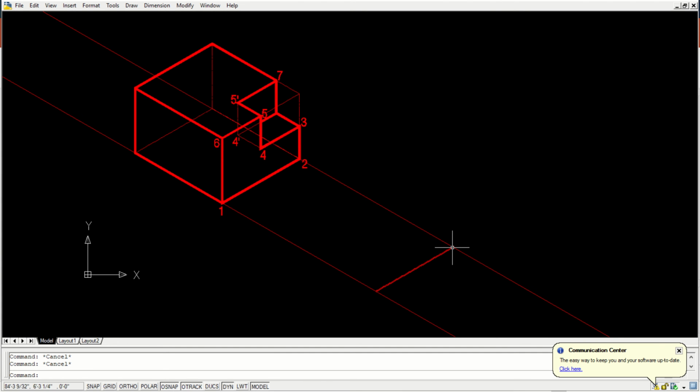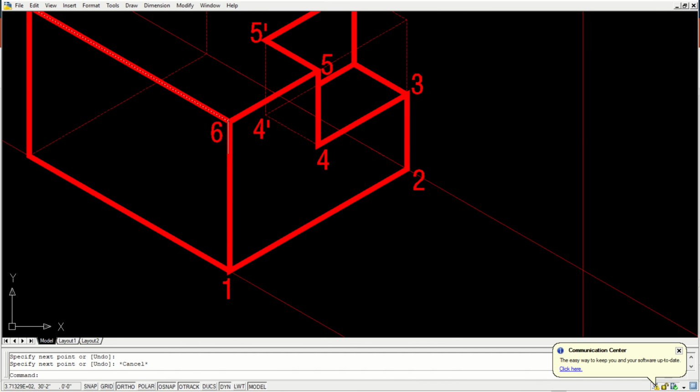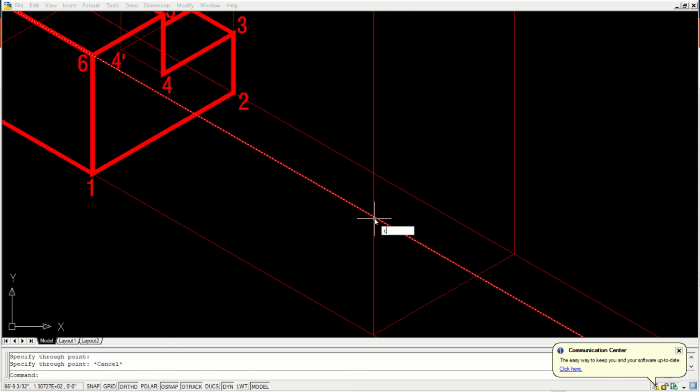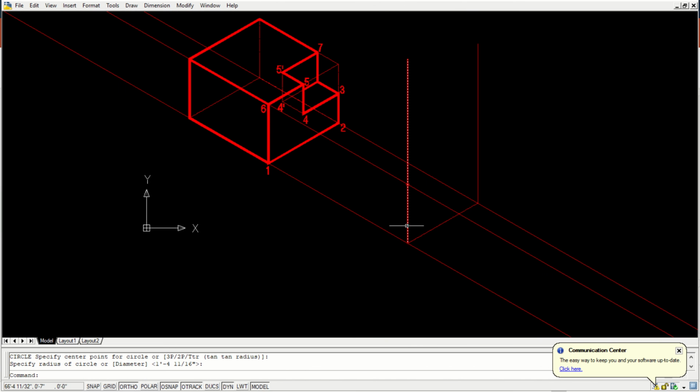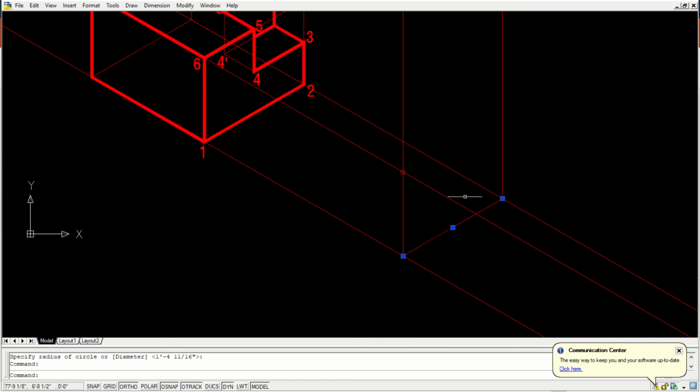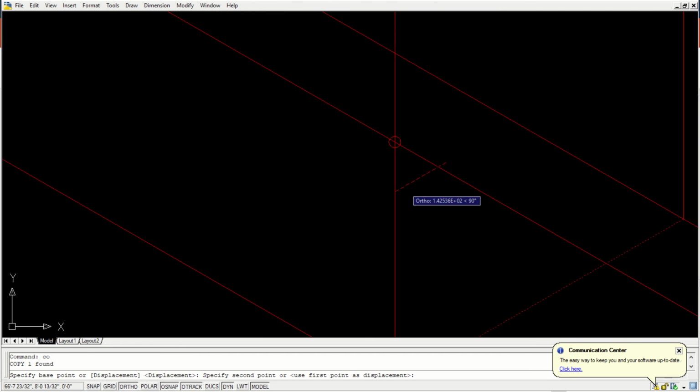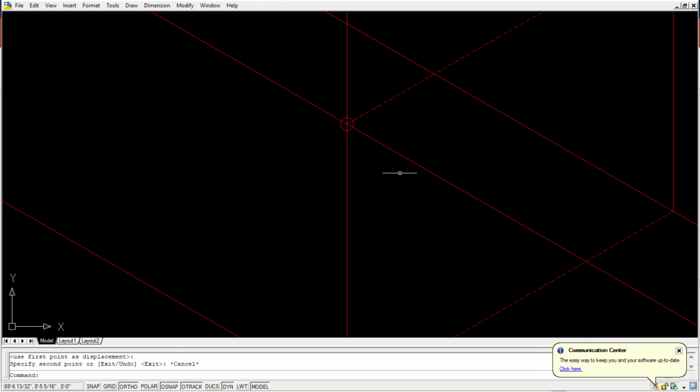We need height. I'm drawing a vertical line in this corner. We don't know what the height is. Where do we get height from? We have to get it from here. This is the height, right? So I'm drawing a parallel line from this point and marking it here. This is the height. So what we need is only a parallel line from here again.